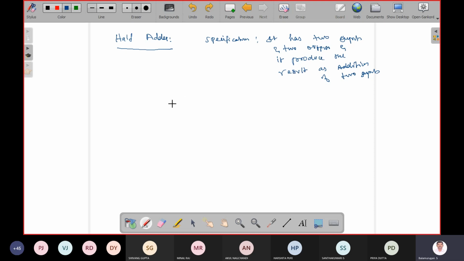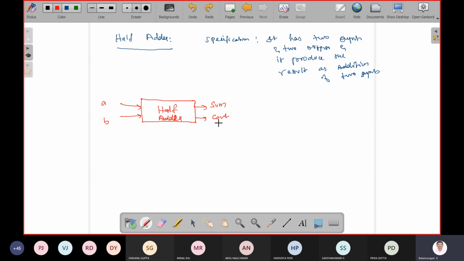So it is saying that I have the half adder, it has two inputs and two outputs. I consider the inputs as A and B, and the outputs as sum and C out.